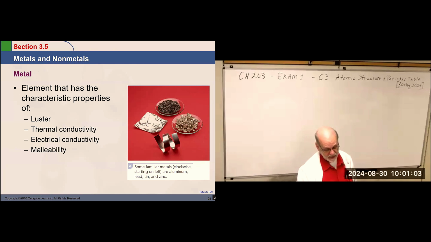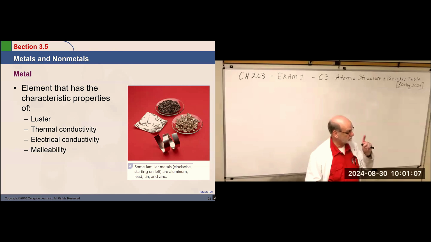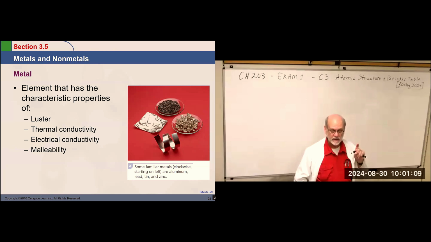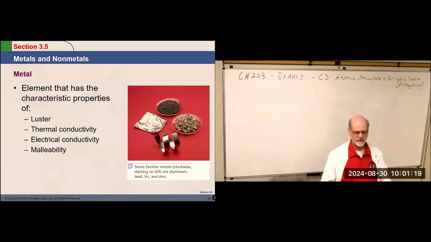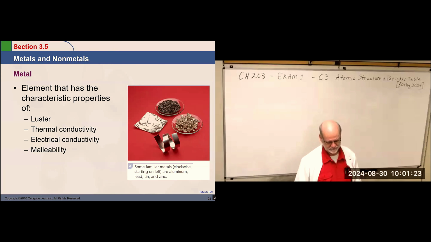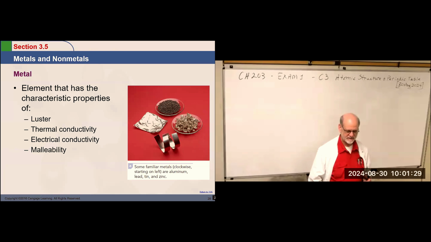Non-metals. Oh, and all the metals except for one is solid at room temperature. Which one is liquid? Mercury, yeah, mercury. That's why we use mercury in thermometers. Well, we used to. Now OSHA and the EPA say we can't use them anymore.